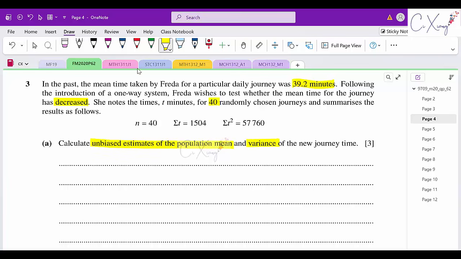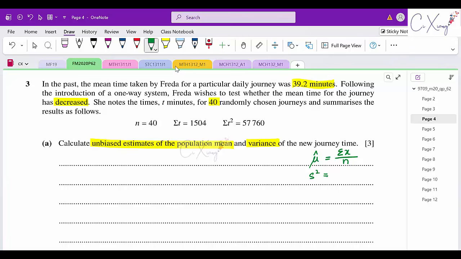Right, so highlight the keyword unbiased estimates for the mean. Okay, so what's the general formula for the estimated mean? The estimated mean value will be summation of x divided by n. And the estimated value for variance, or according to our table, they are putting it as s squared, also